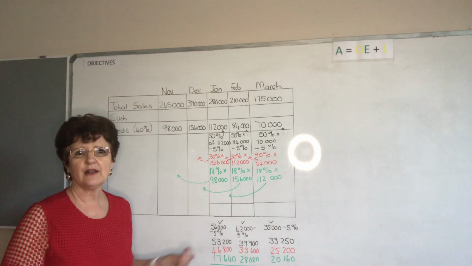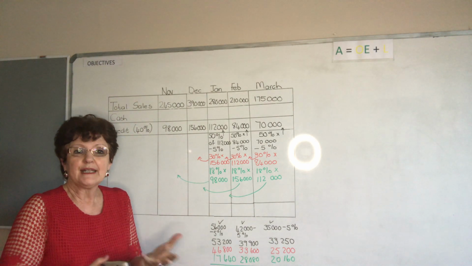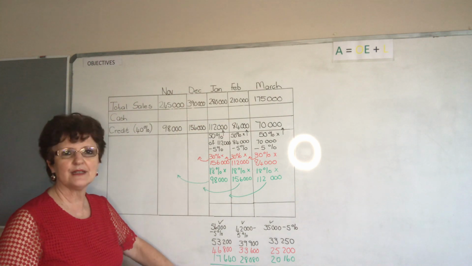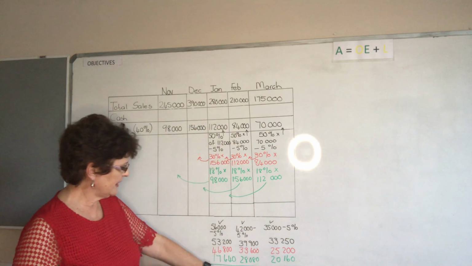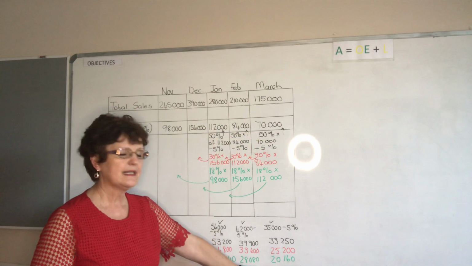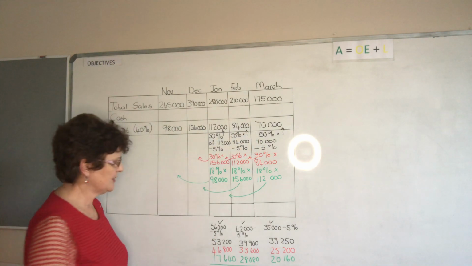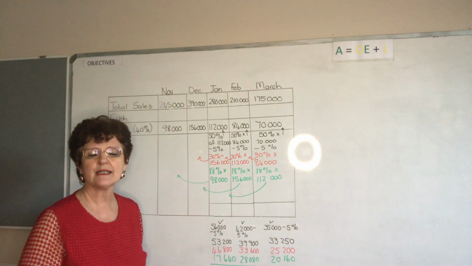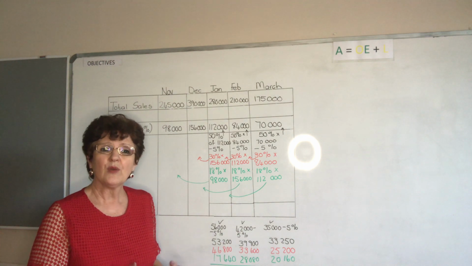We have now calculated what we are expecting to get from the debtors. So in January, we expect 117,640. In February, 101,580. And in March, 78,610. And we are going to use these amounts in our cash budget,